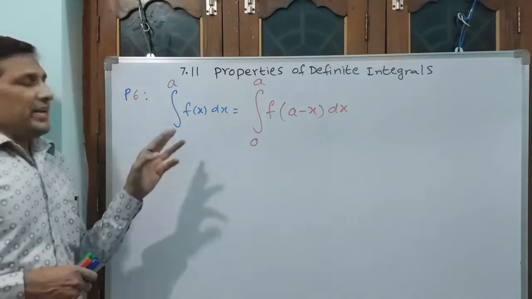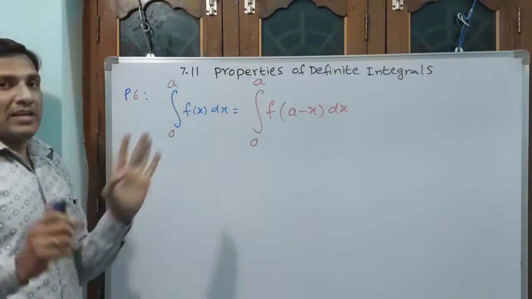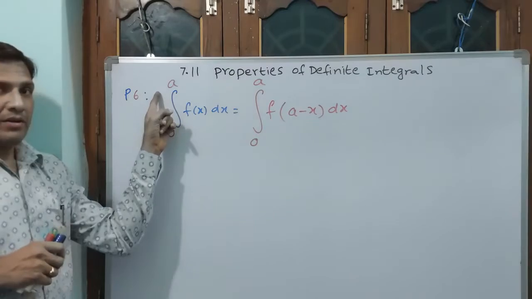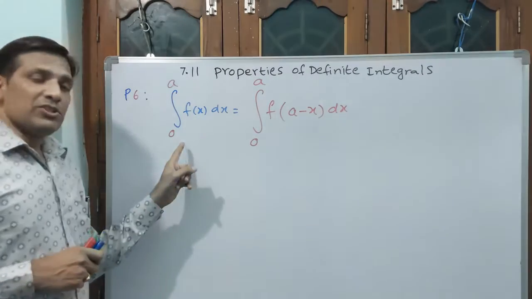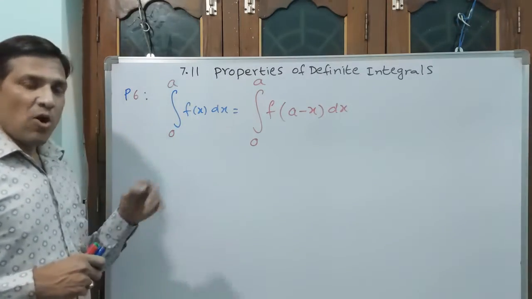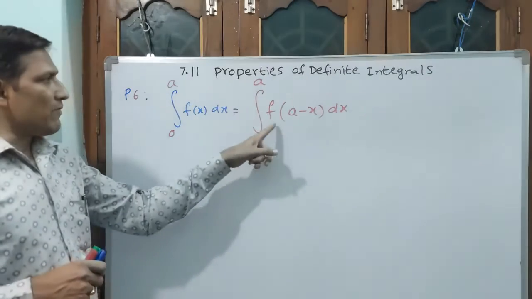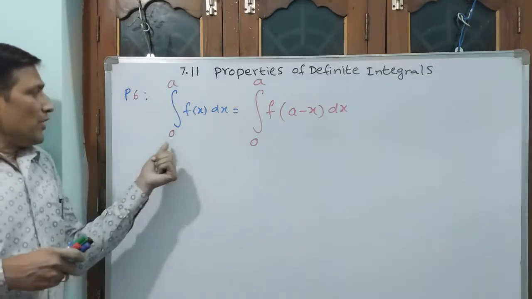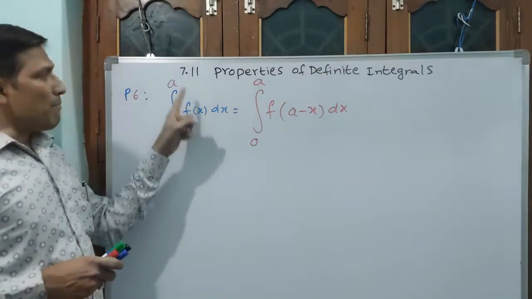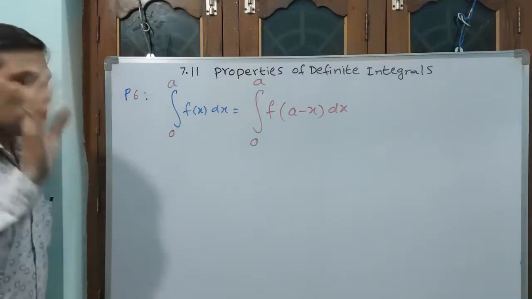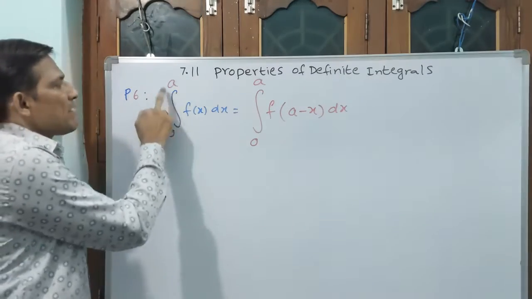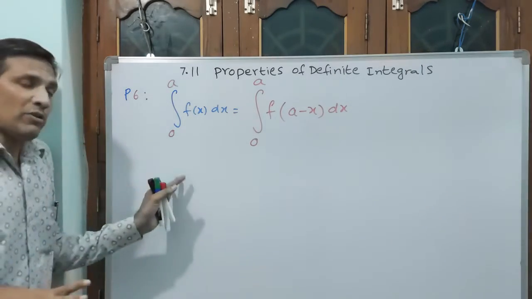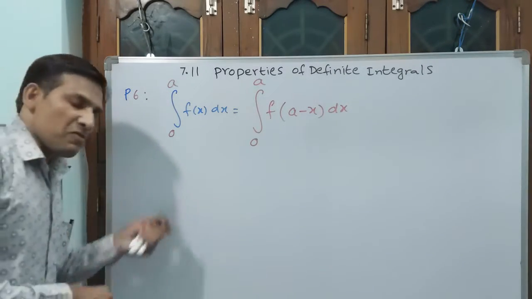See the sixth property, integral 0 to a. Here a to b is not there, carefully observe, 0 to a. If integral 0 to a, f of x dx is there, how can you rewrite it? 0 to a only, but f of a minus x dx. Earlier we saw a to b, and a plus b minus x we wrote. Here also you do 0 plus a minus x. 0 plus a means a only: a minus x dx. That means without proof also we can confirm this, but even then we will take the proof.